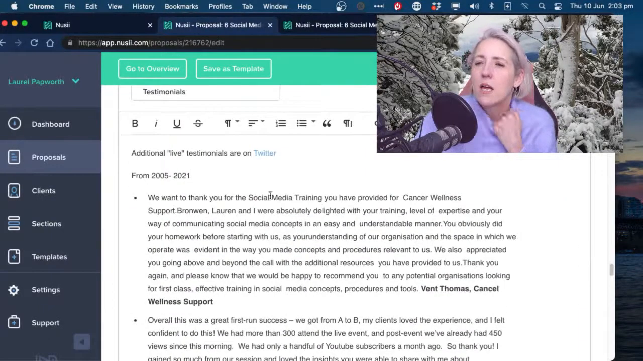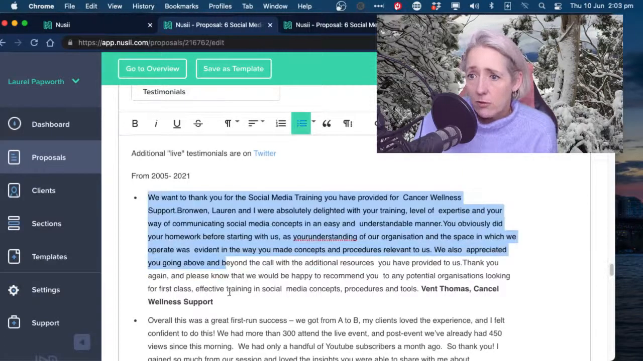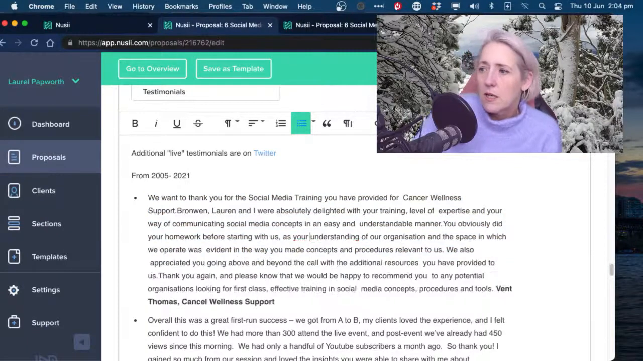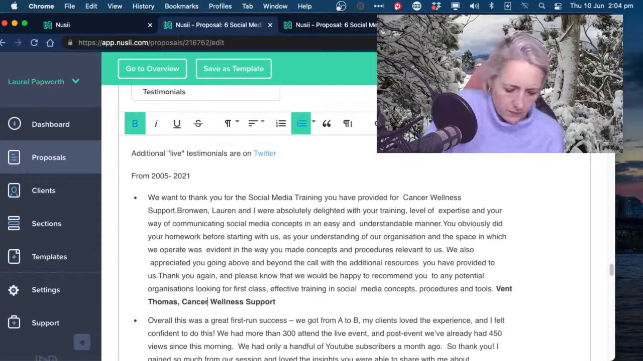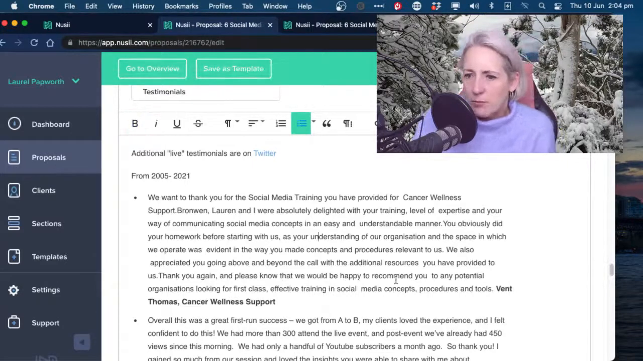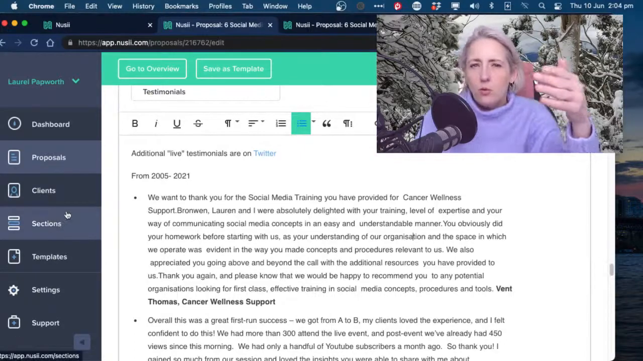There we go. And you'll notice that the section's changed now. So now it's 2021, and it's the thing about my work with cancer wellness. Why did I misspell that? And I've only just updated this one. So what you end up doing is going into your proposal templates, deleting a section and re-adding it because you've updated